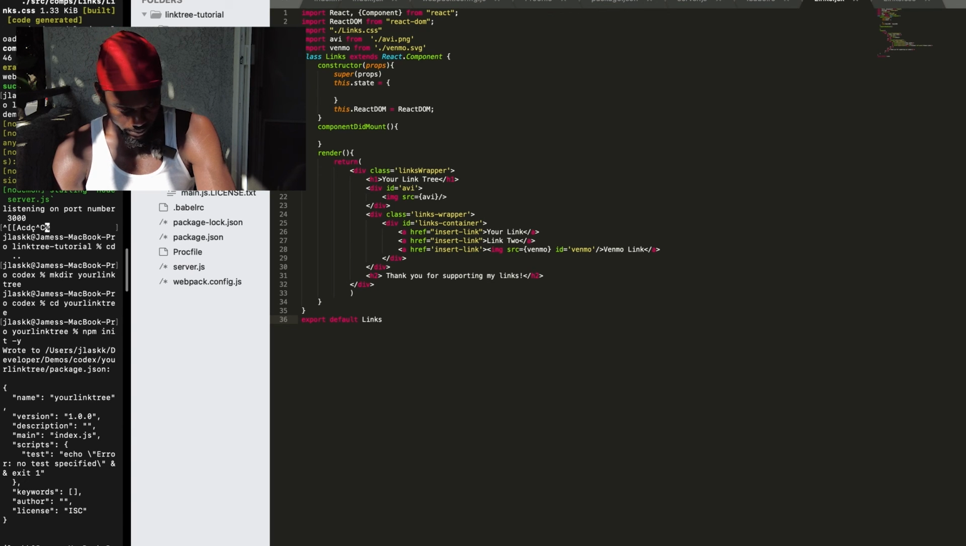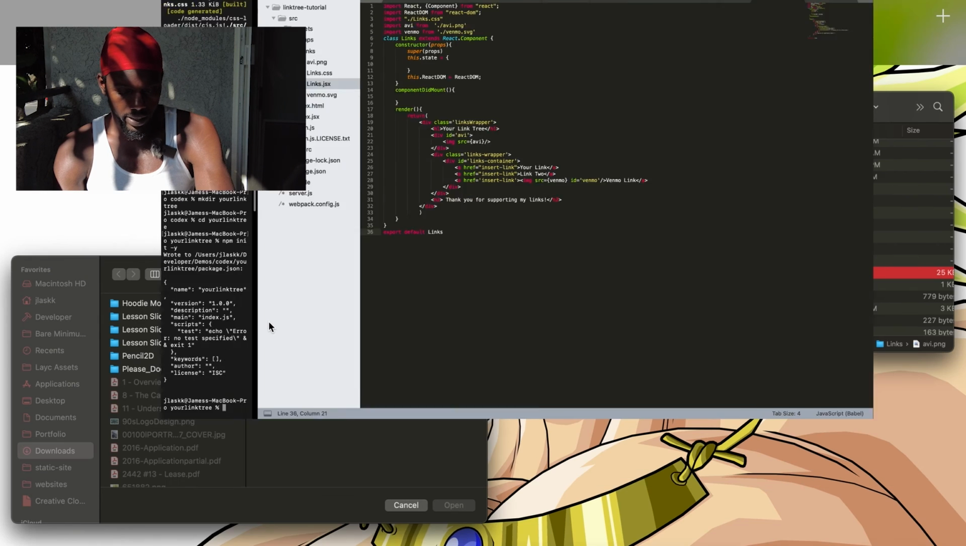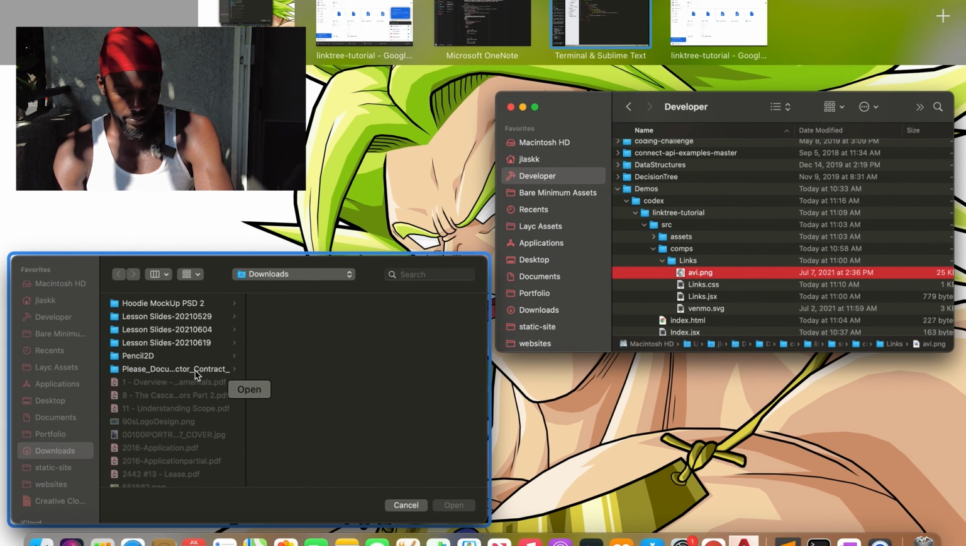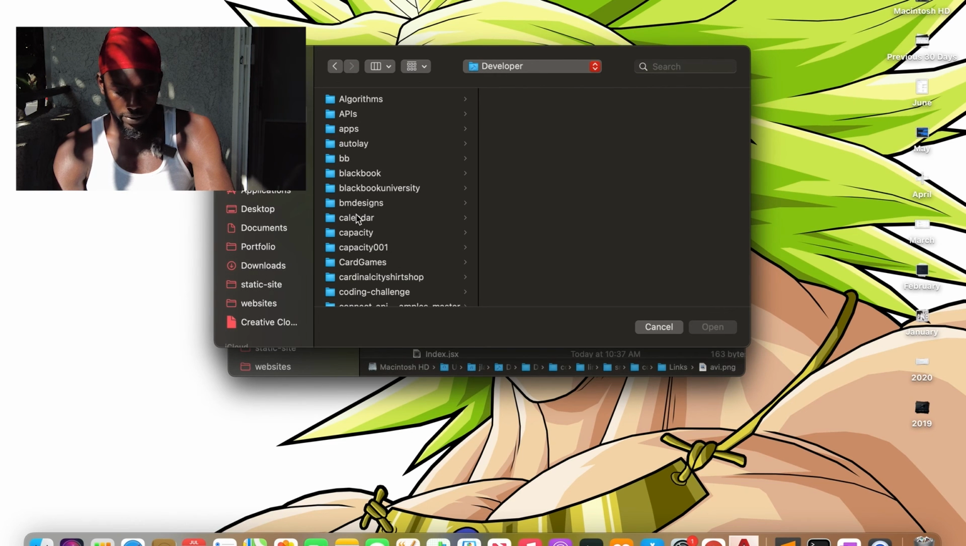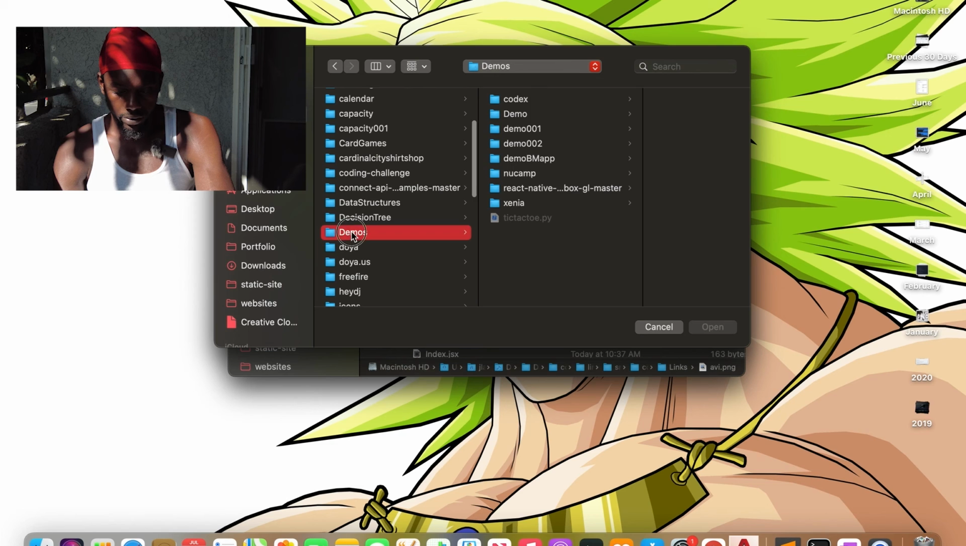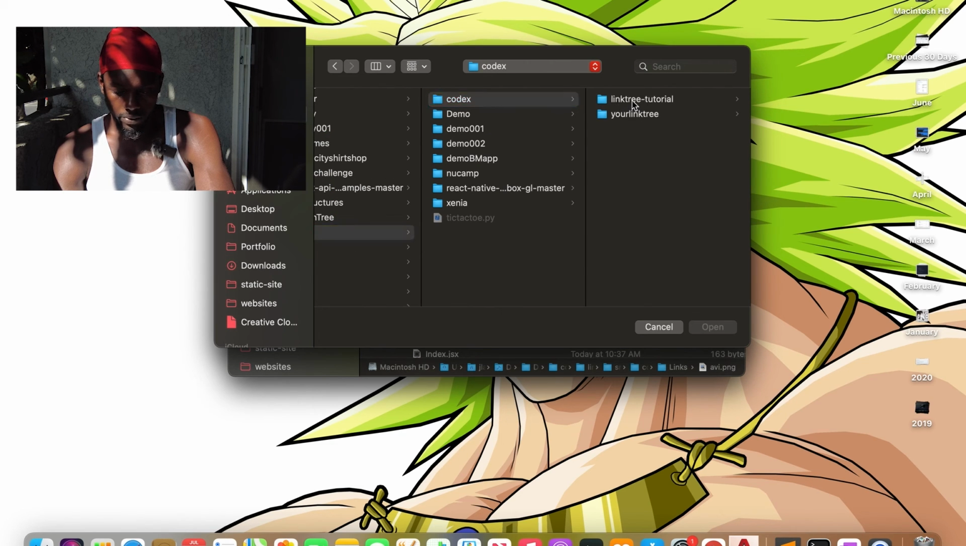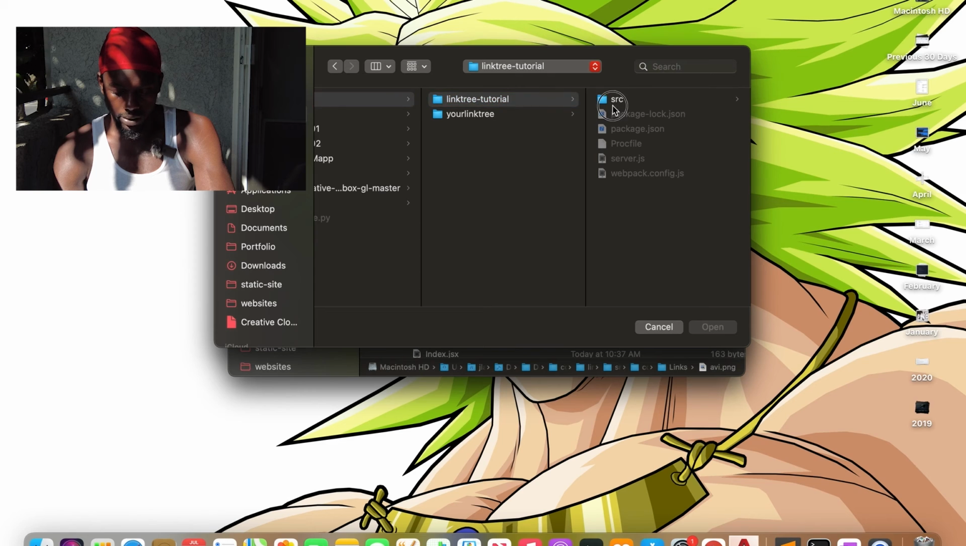Okay, so now what we're gonna do is get those files that we downloaded earlier. I have them in a different folder, but they're called Linktree tutorial. We're gonna copy all of them. If you click the top one,